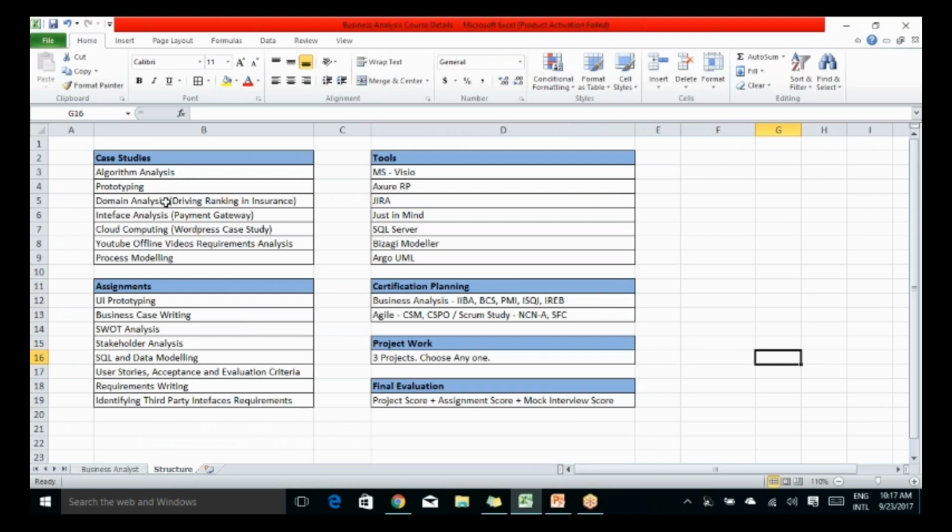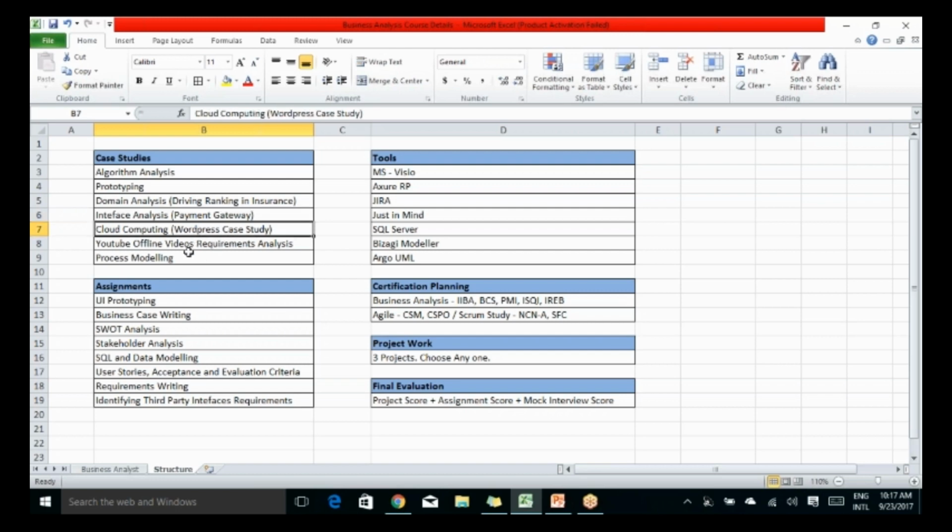In domain analysis, there are different domains. We have banking domain, finance domain, retail domain, healthcare domain. Here I would not be covering every domain, but I would cover the insurance domain a bit more, to give you a flavor of what it is like to be a business analyst in a specific domain. Similarly, in the finance domain, I would give you some flavor of what it is like to be a business analyst. We would be doing some case study around it.